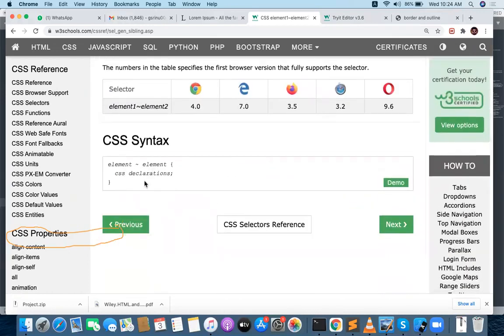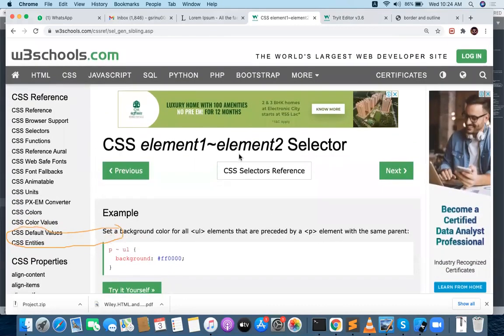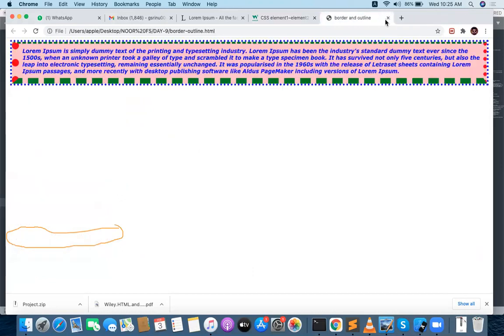This is a declaration of the class. How to declare it? Element, tilde symbol, element, and CSS declaration. That is the syntax. Every time you are going with these things, go with W3Schools. W3Schools reference is very nice for HTML, CSS, and JavaScript, even Bootstrap also. Am I clear?